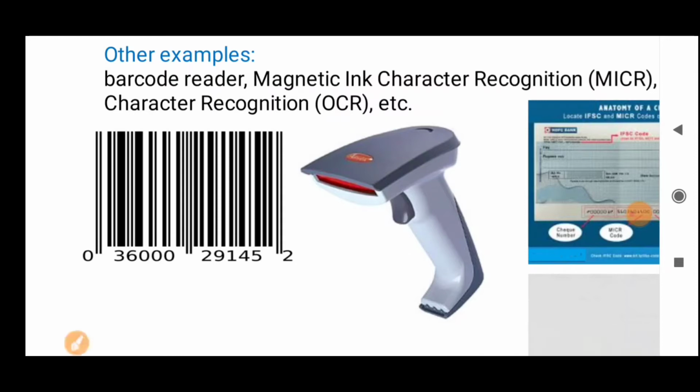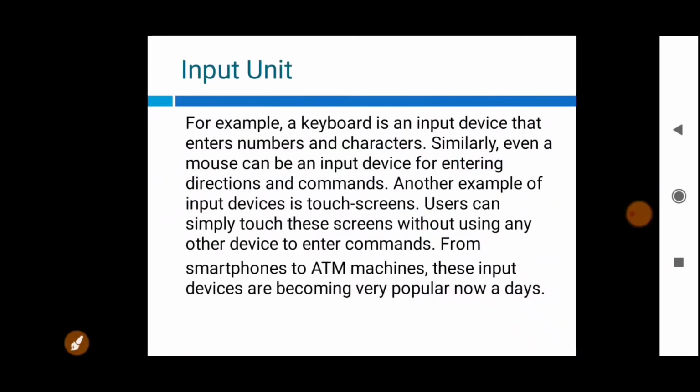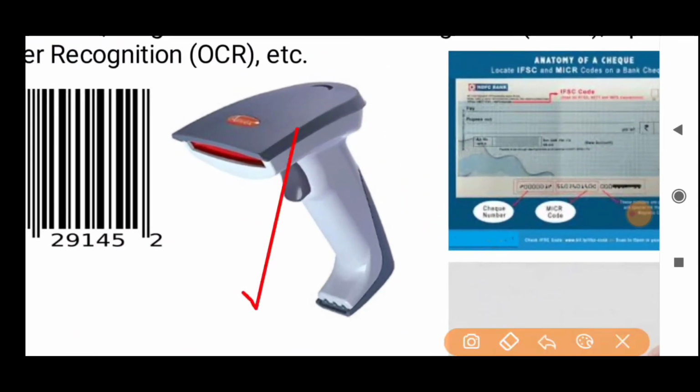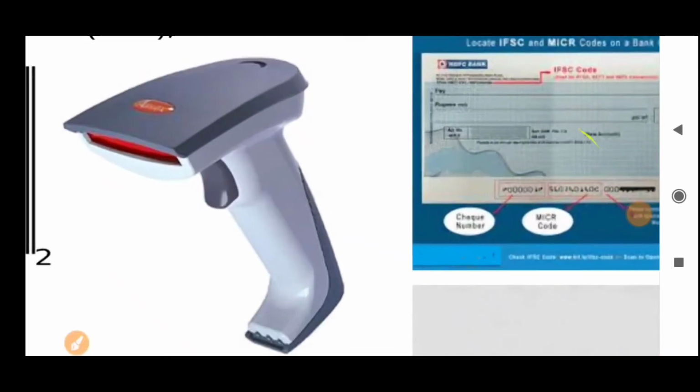The next example is the MICR. You can see it here that when you look at a check, you will find some numbers.